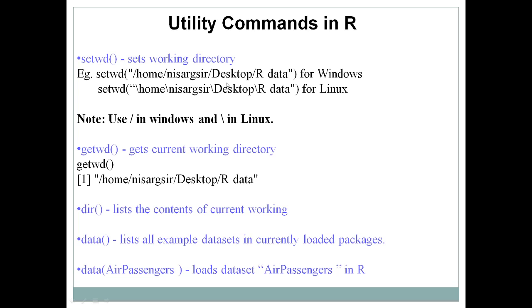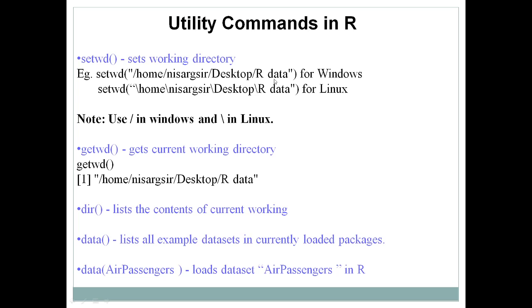Here I have mentioned it for both Windows and Linux. The command is the same, setwd. Only in Windows you use a forward slash, and in the case of Linux you use a backward slash. Suppose the path is home, Nisarga sir, desktop, R data.